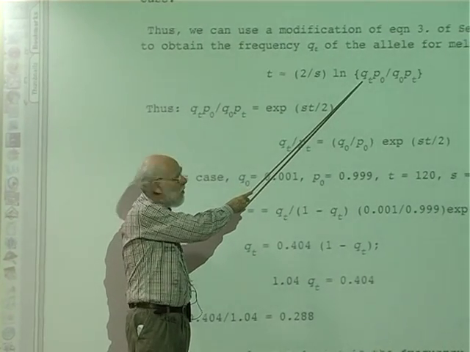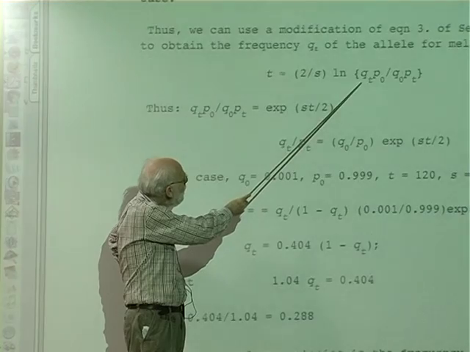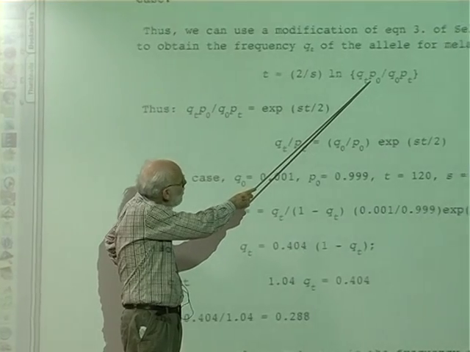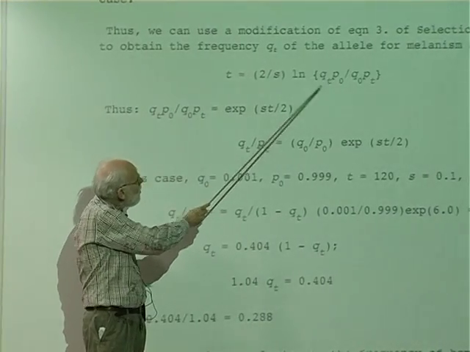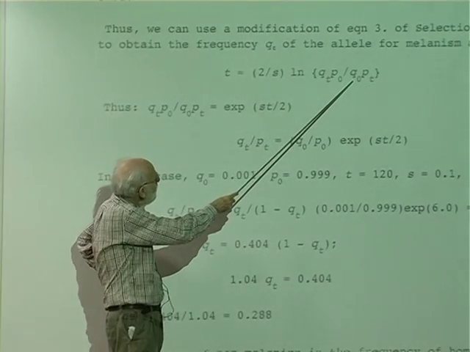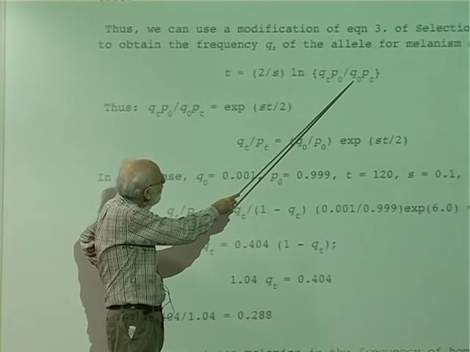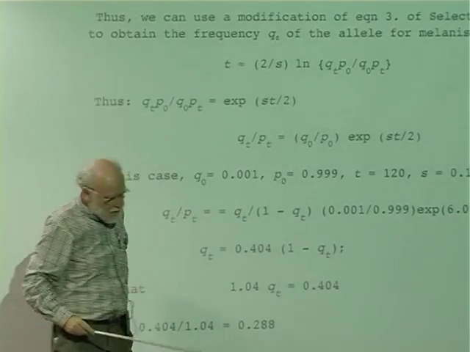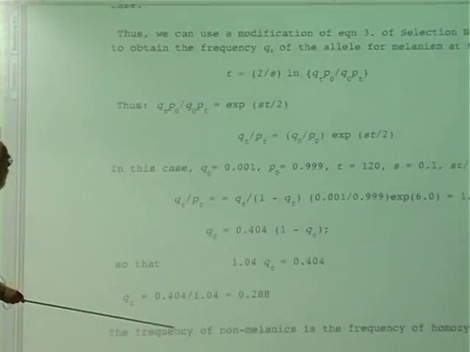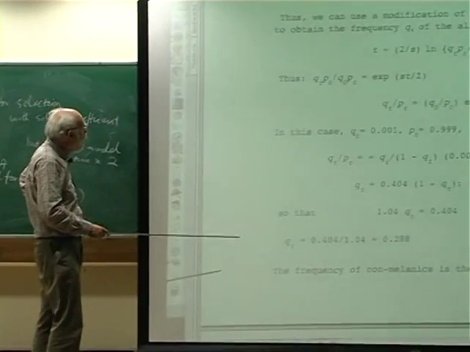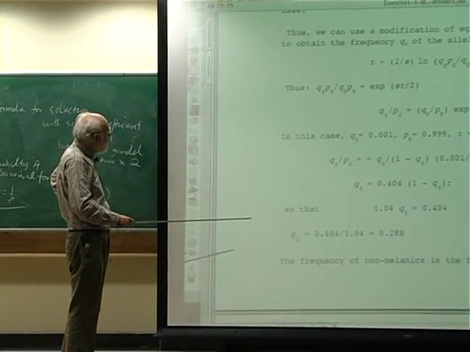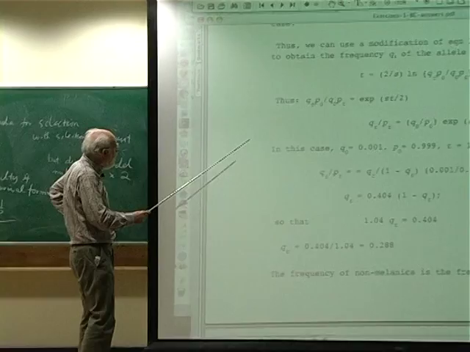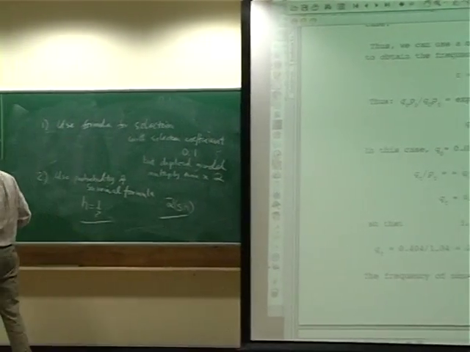Final frequency of the dark allele. p_0, the initial frequency of the normal form; q_0 is the initial frequency of the melanic form; and p_t is the final frequency of the normal form of the moth. So, by the definition of a natural logarithm,